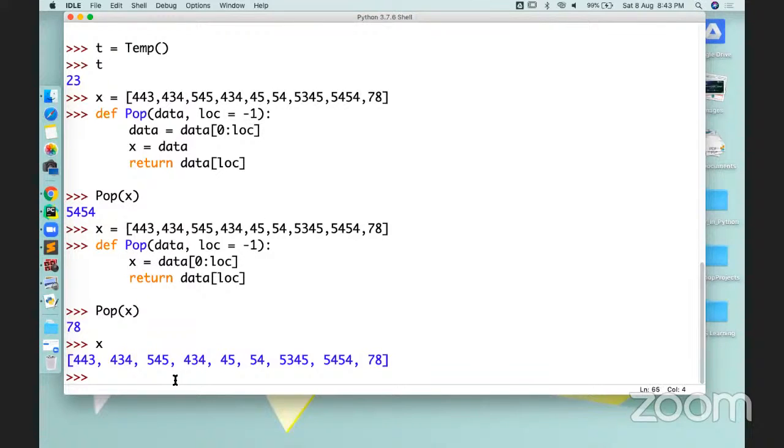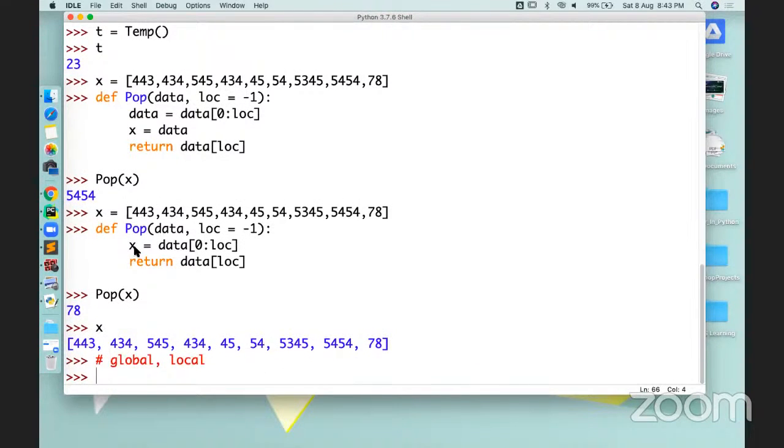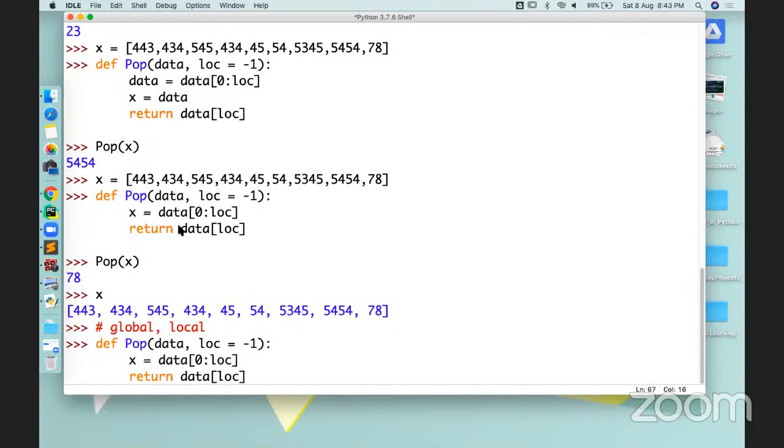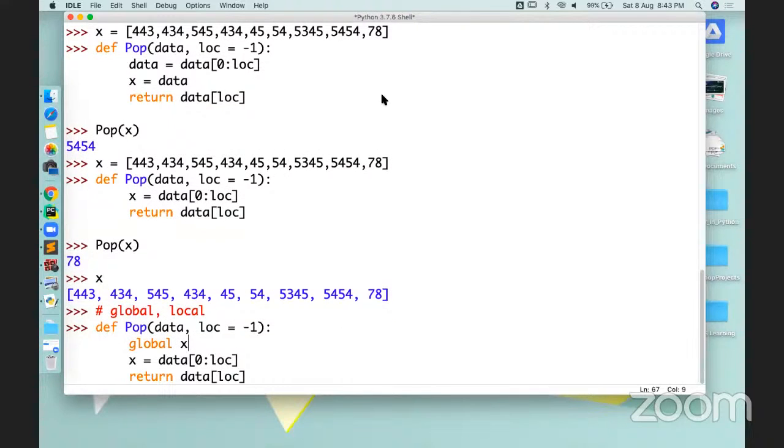So we have two concepts. First thing is global, and second thing is local. So this variable is a local variable. This variable is not going to refer to that variable, but we can do this. Before using this, we can use global of x. So what we are doing here is calling this x your global x. Now what this global will do is that this x will be considered as this x data, right? So the two different variables will not exist, right? And now if I use it,